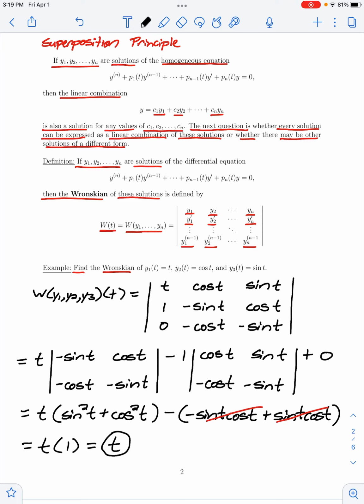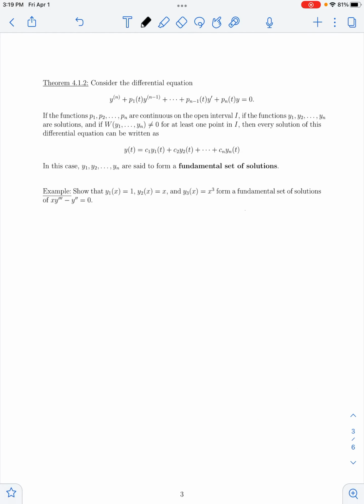So what does the Wronskian tell us about a set of solutions? So just like we saw in chapter 3, the Wronskian will inform us about whether a set of solutions forms a fundamental set. That is, whether every solution is a linear combination of some set of solutions. So we have the following theorem, theorem 4.1.2 from your textbook, which says the following. If we consider the nth order homogeneous linear equation, if these functions p1, p2, up through pn are continuous on an open interval so that a solution is guaranteed to exist, and if the functions y1, y2, up through yn are solutions,